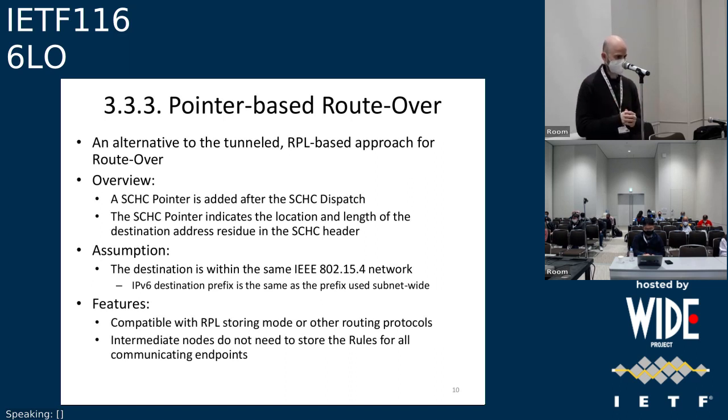compressed packet, okay? So here the idea is, okay, the intermediate nodes, we don't want them to store the rules. We want to keep them simple from that point of view. So then whenever they receive an incoming packet which has been SHIC compressed, then by using this technique, they would still be able to recompose the destination IPv6 address, because the prefix is known, and they only need to find the destination address residue after the compression. So the pointer will tell what is precisely that destination address residue, which is its location and size within the